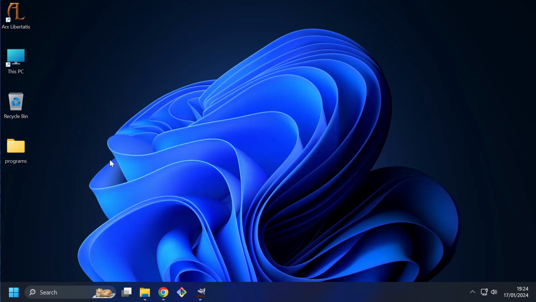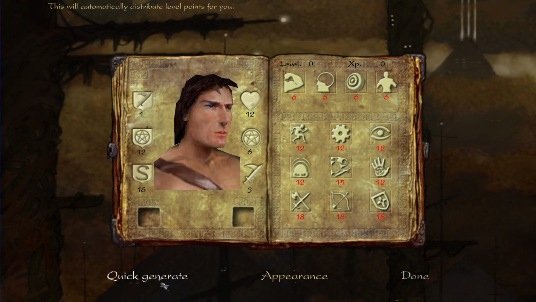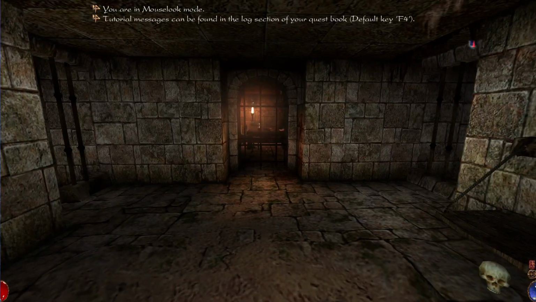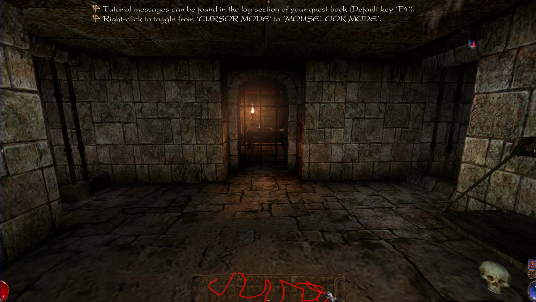And I should have an Arx Libertatis icon on the desktop. Yep, let me just start the game and let's check the new lovely vandalized hero inventory image. All right, welcome to the new world, Mr. Shigar. Very nice, and you can see that here is our lovely